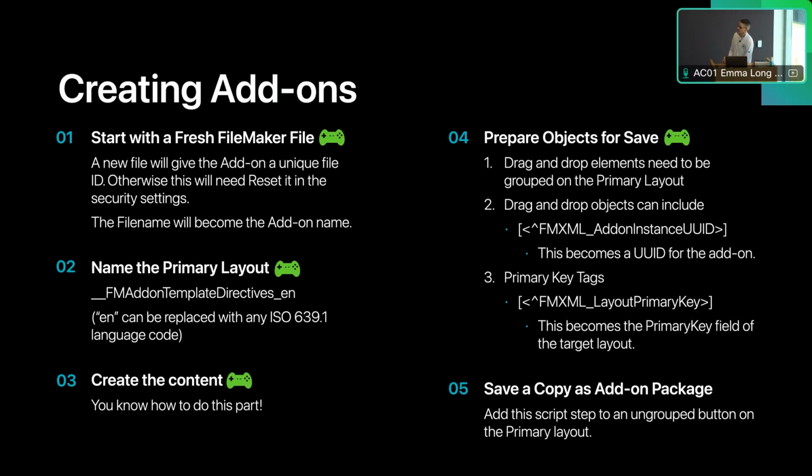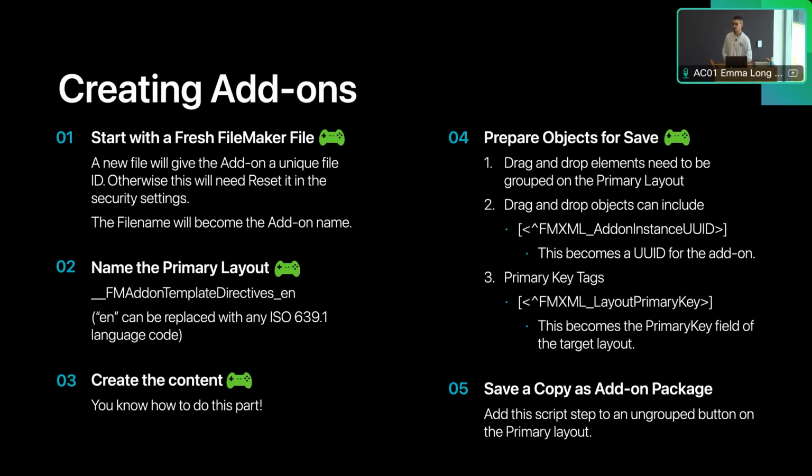The second tag is a primary key tag, and this is not actually the primary key, but it's the primary key field of the target layout table occurrence that you pull this into. So say you're pulling it onto a contacts layout that is based on your contacts table, if you have an ID field in there that is your primary key field, that is the field that will show up in